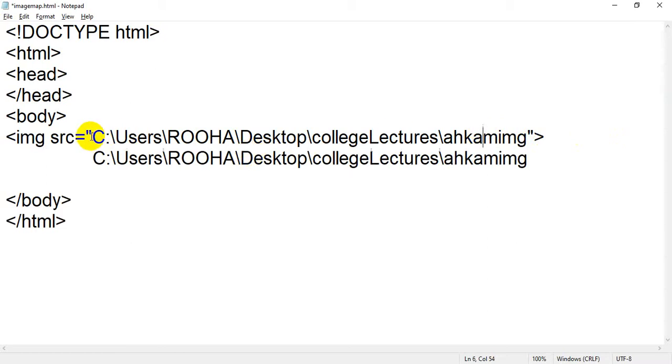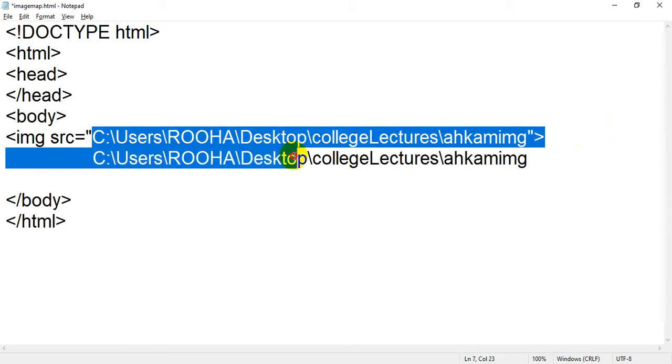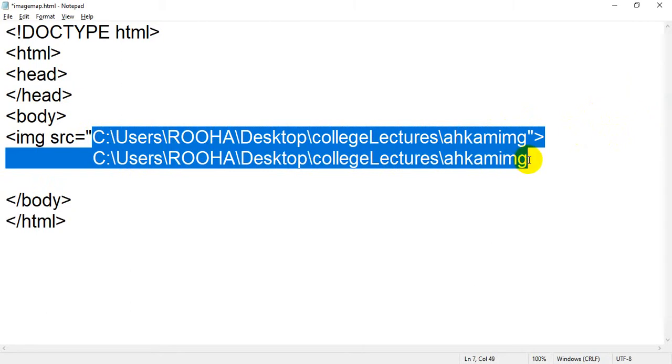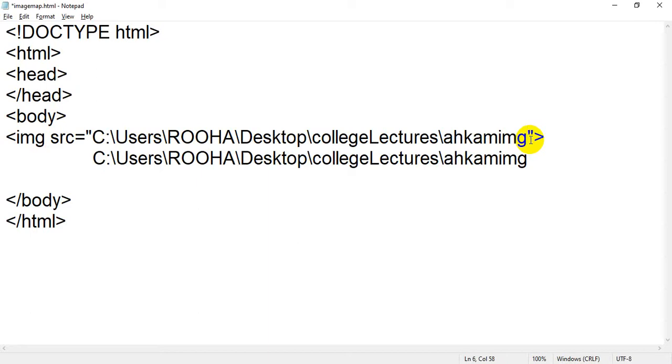So if you notice, the address of my image, glass.png, and of this other image is the same. The address is the same. So we have to take the name also. In the src attribute we have to take the address as well as the name, because at the same address we have n number of files. The address of another image file is the same, so only the address will not be acceptable; you have to write the name of the file too.